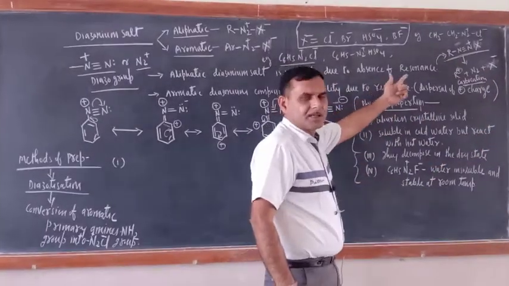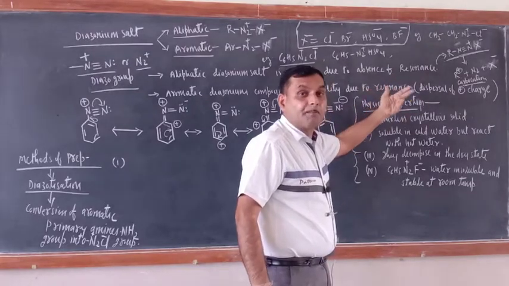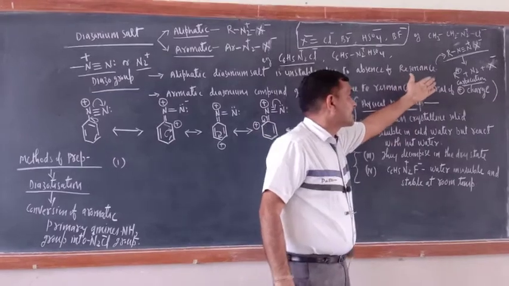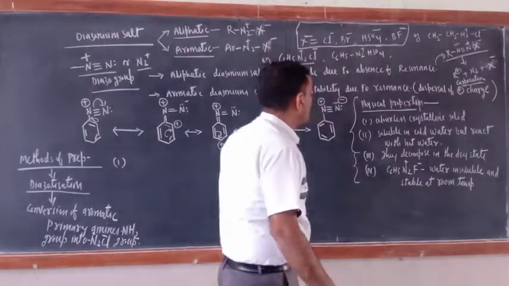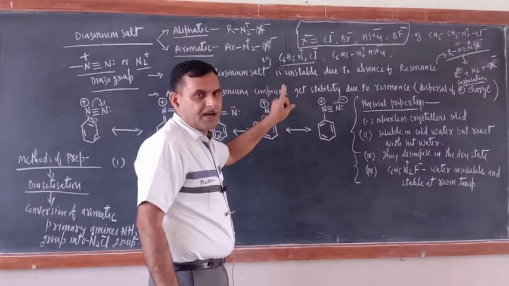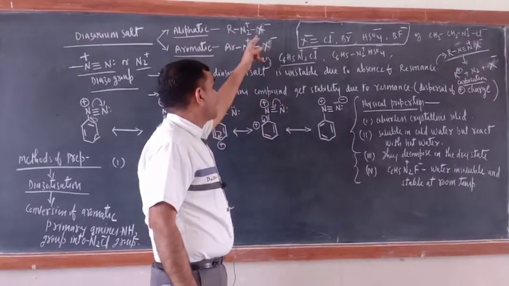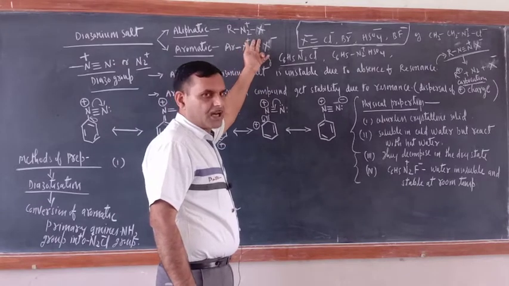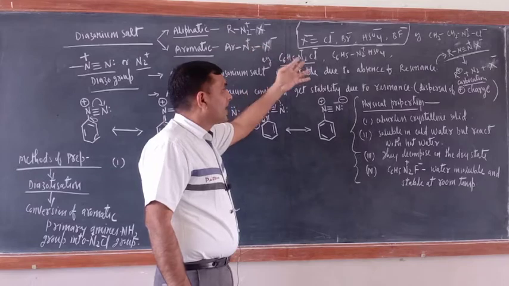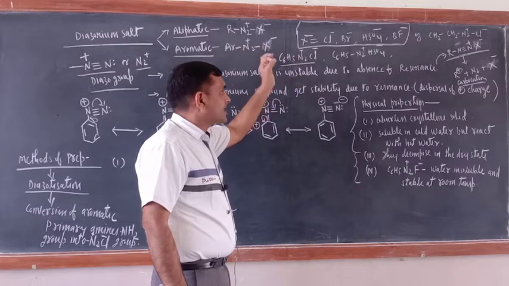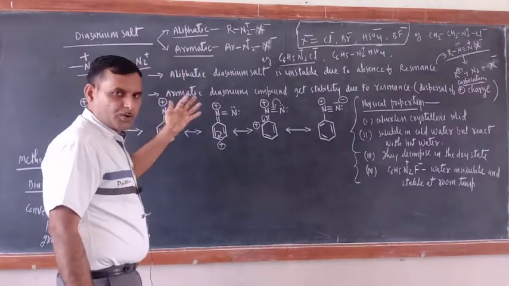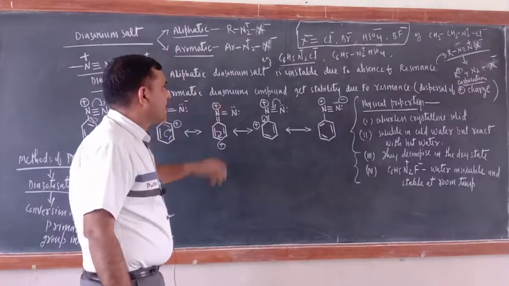That means they very easily decompose, they dissociate. This is a dissociation reaction. One example of an aliphatic diazonium salt I wrote there. Remember, here X negative does not mean halogen. X negative means you can take Cl negative, Br negative, HSO4 negative or BF4 negative. Now for us the most important diazonium salt is aromatic.